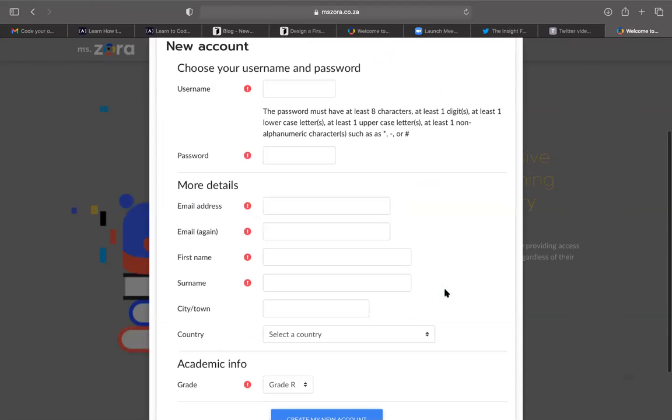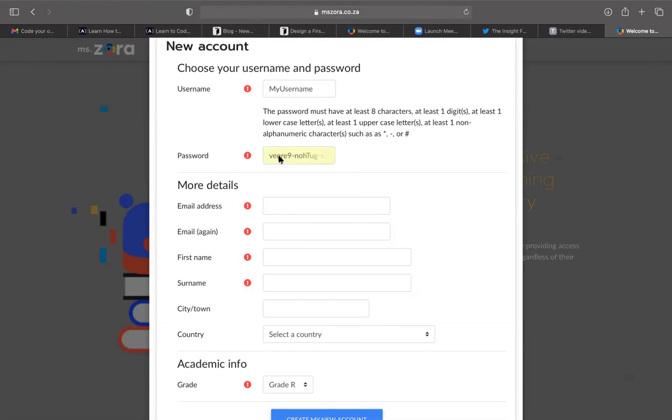When you have signed up, you are going to choose your username. Let's say I choose a username, say my username. And I'm going to choose a password. It says here the password must have at least 8 characters, at least 1 number, at least 1 lowercase, at least 1 uppercase, and at least 1 special character, such as a star or a hash.